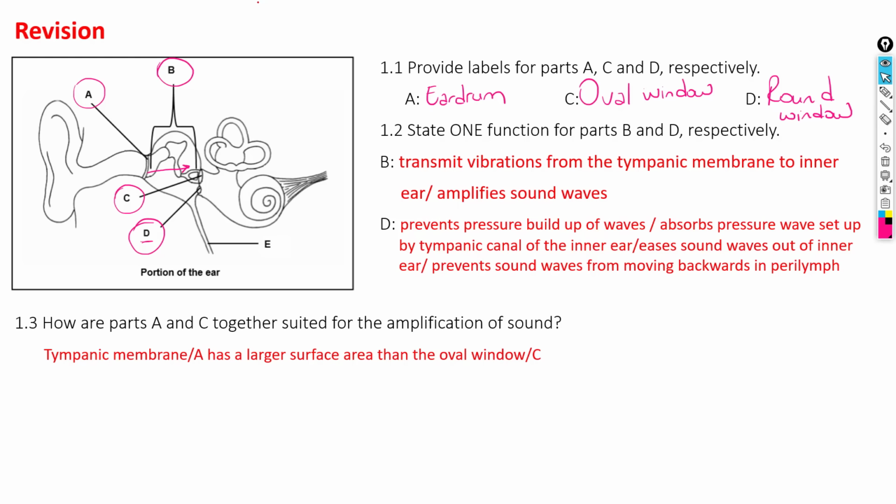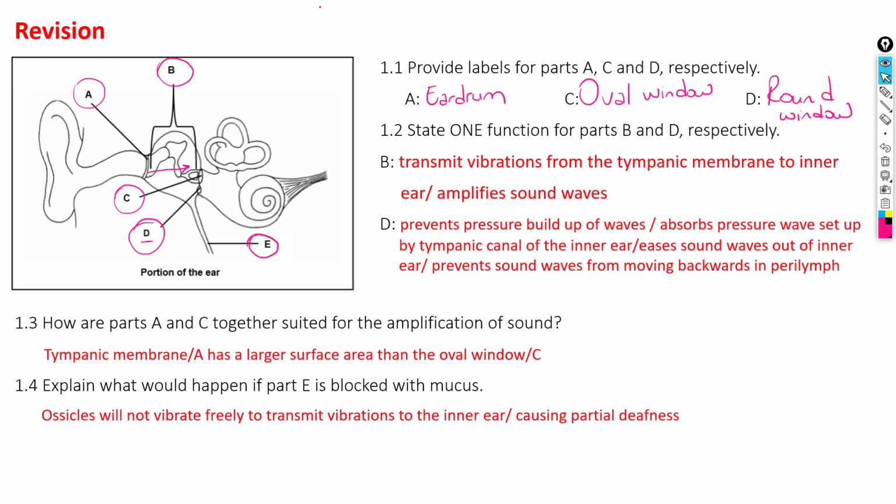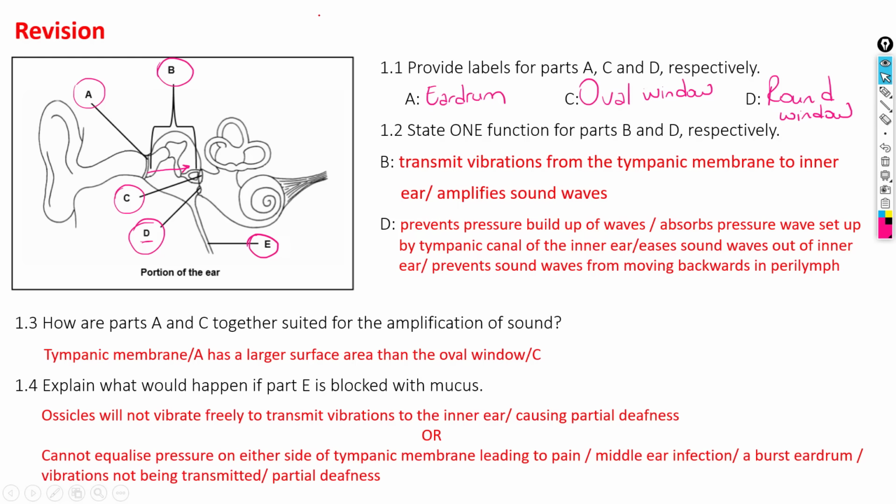Then the question number 1.4, explain what will happen if part E is blocked with mucus. Part E is an eustachian tube. If it is blocked with mucus, it means that it has a middle ear infection. And what will happen if it is blocked? Ossicles will not vibrate freely to transmit vibrations to the inner ear, causing partial deafness, or